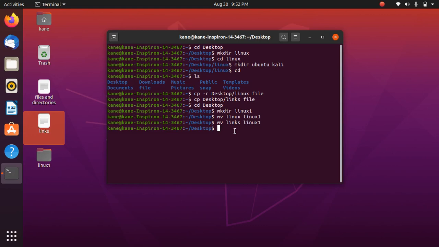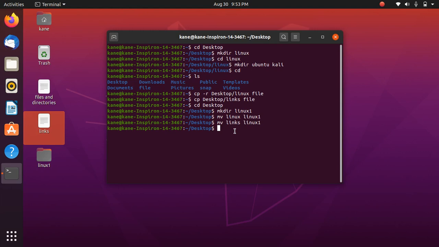The main drawback of a hard link is that when you delete the original file, you can still access the cloned file. To overcome that drawback, we have soft links. First of all, let me demonstrate hard links.